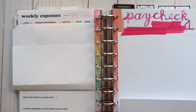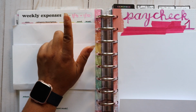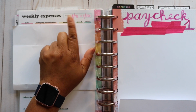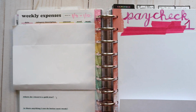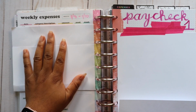So I broke it down by how my paychecks are. So my first paycheck was on the 3rd for this year, and it'll flow until the 10th for that job. And not for that job, but until I get paid again. And then when I get paid again, it'll be my part-time. But I'm writing down all my expenses that I've been spending money on, and